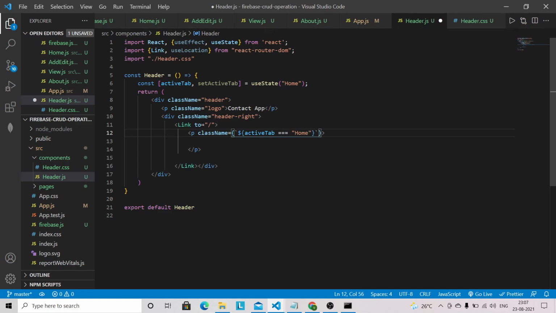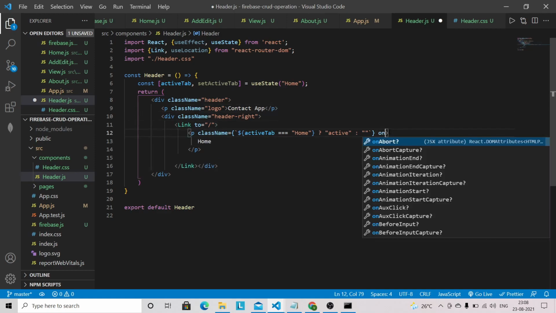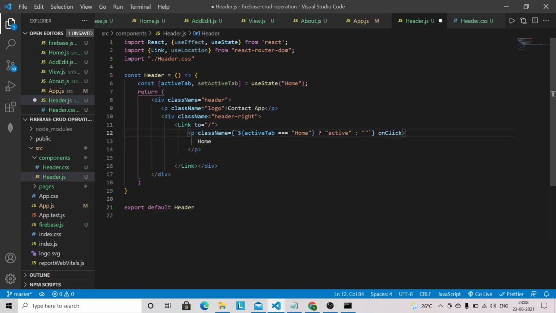So based on the active tab we have to style. If the home page is active, then apply the class name active, else just leave it as it is. Okay, and this is the home. And we are going to have an onClick method. So let's provide that method onClick, and we are going to have setActiveTab, and we can pass this. Okay,